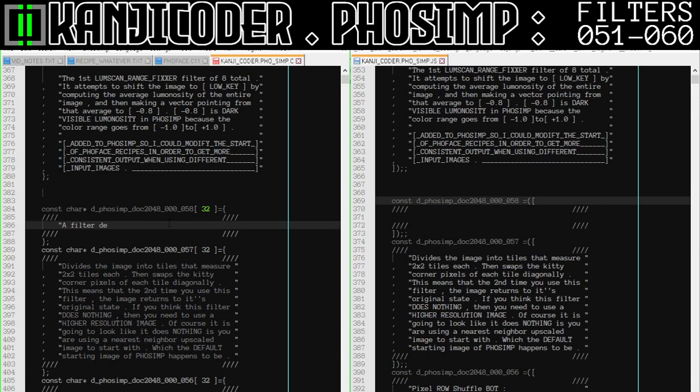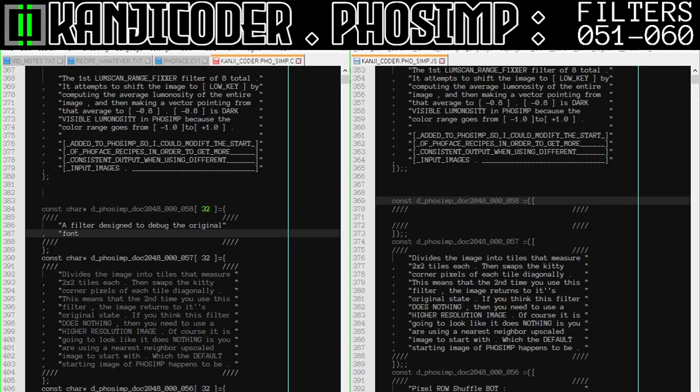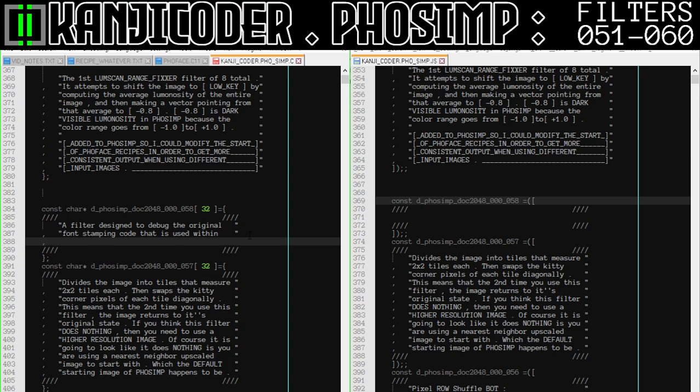A filter designed to debug the original font stamping code that is used within the central